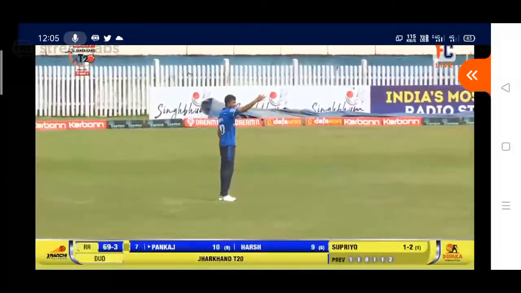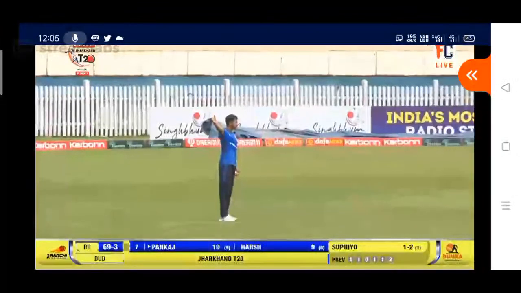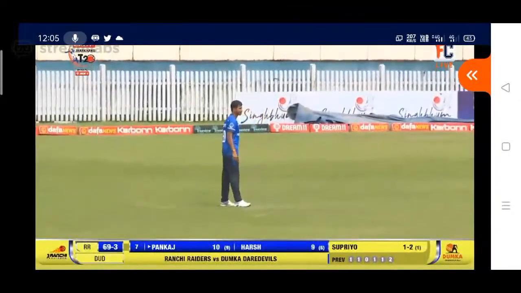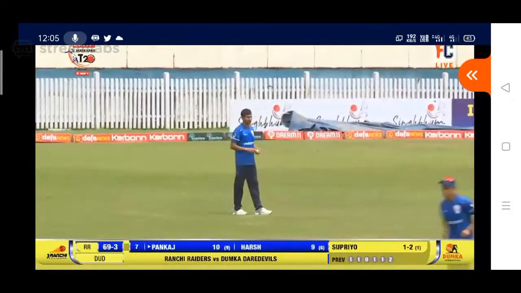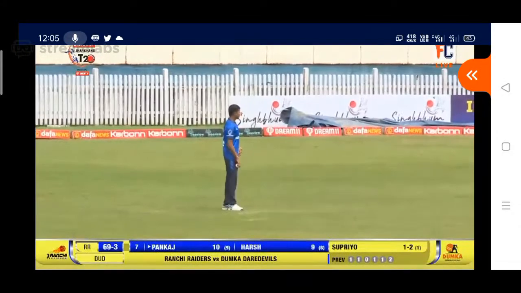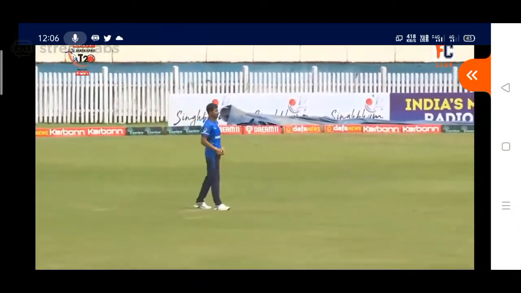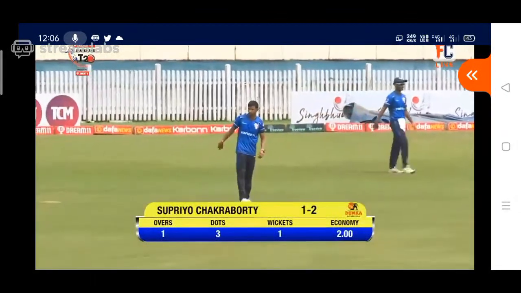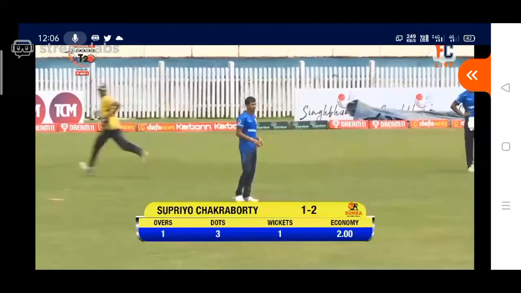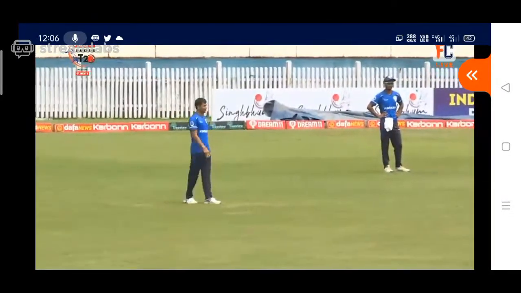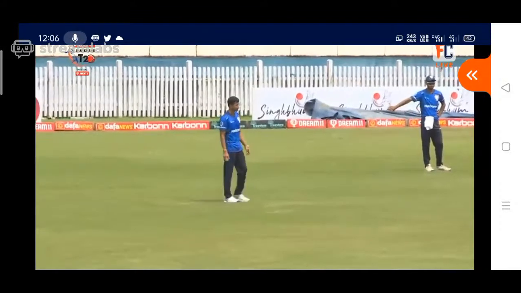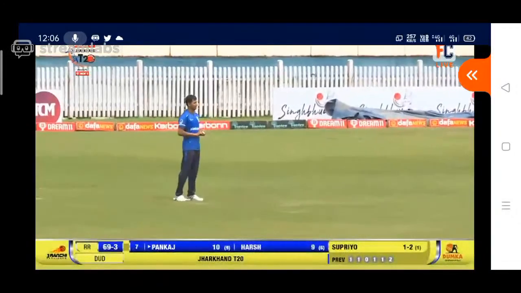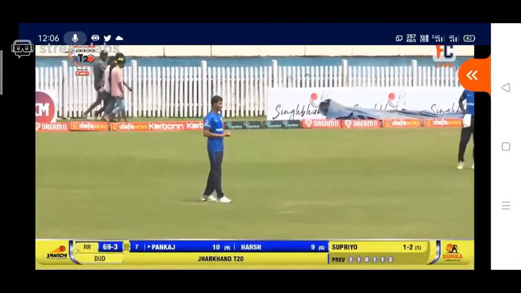Whatever you got to do in the last over. Still not enough runs on the board, 69 at par, but I think anything near 80 would be really challenging. Yeah, 80 would be around 10 runs an over. So from the very start of the innings to get 10 runs an over can be a little challenging for Dumka Daredevils. Let's see if Ranchi can go ahead and put up that score for Dumka to chase. So just 1 over remaining now. This is the last over of this innings.